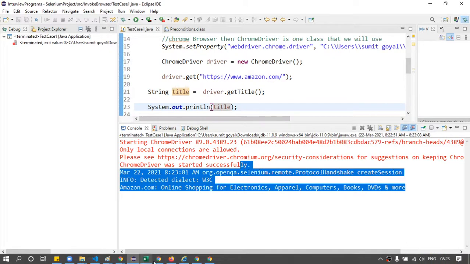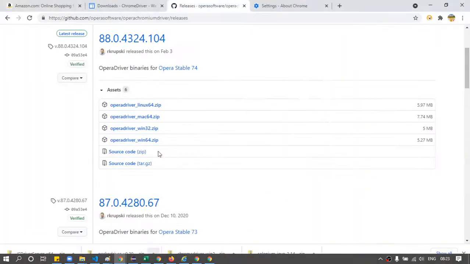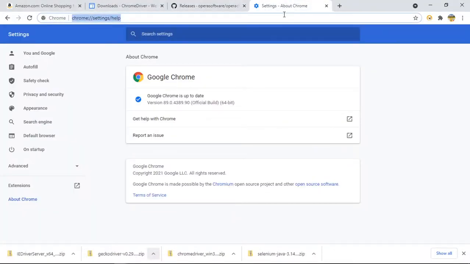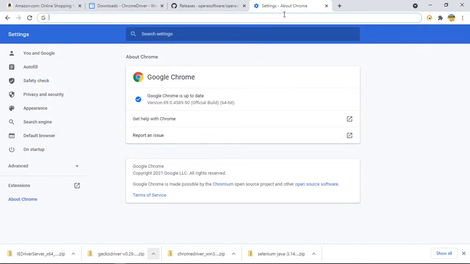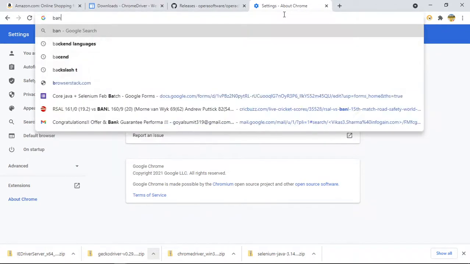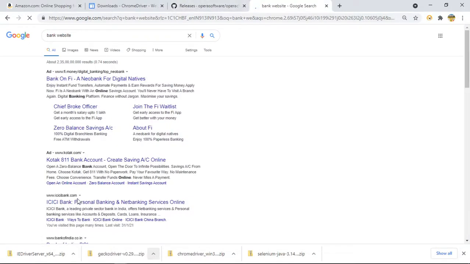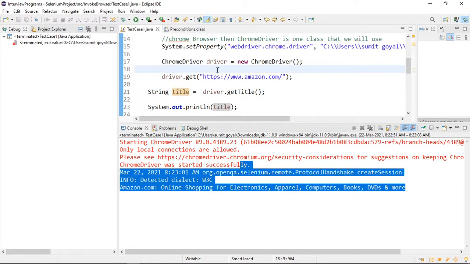So if I open Cricbuzz, this time let us see what title it will print.